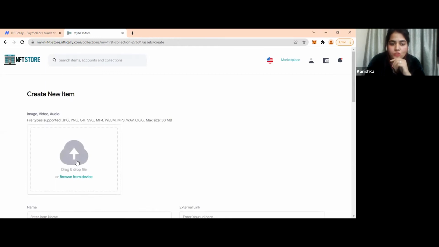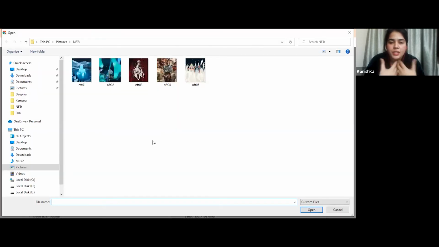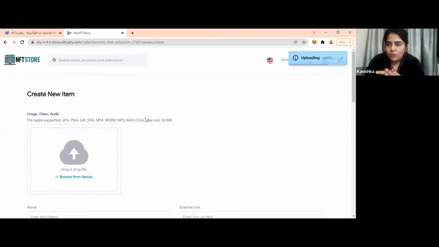Okay, so now I have to choose whatever I want to put up as NFT, whether it's a picture of my sculpture or a picture of my painting that I would be giving to the buyer. Suppose I choose this one. Suppose it's my painting. I have the physical art as well, and I have just clicked a good picture of my painting, and I'm just uploading it as the NFT. So whoever claims my NFT will also get the physical asset. This is an optional feature that you can also provide.